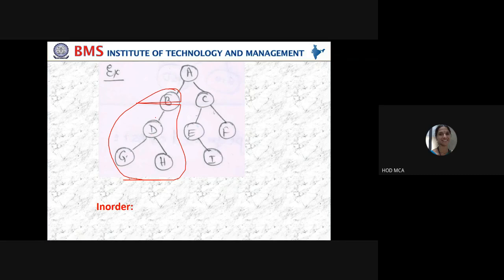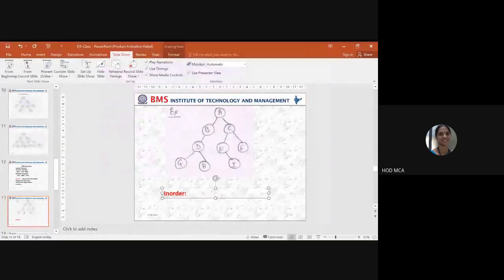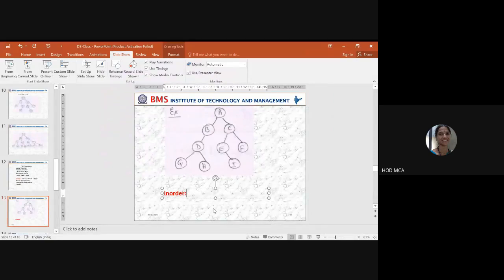If I do that, B is my root in that case. This will be my left. Again, D is my root in that. Left of D is G. So first I will start with G. G is my left.